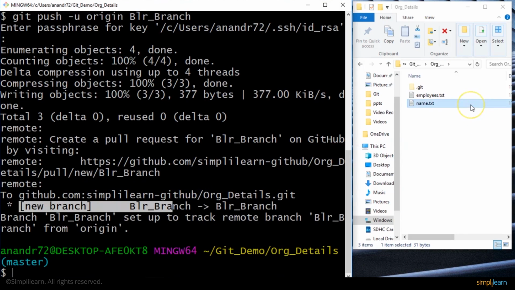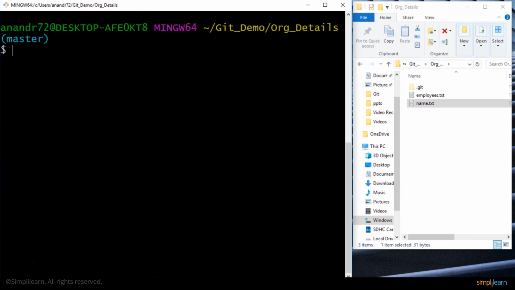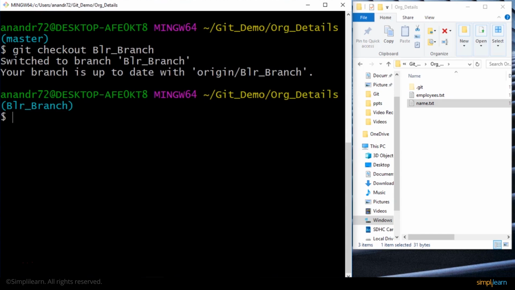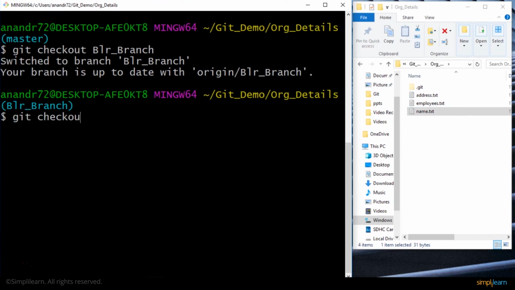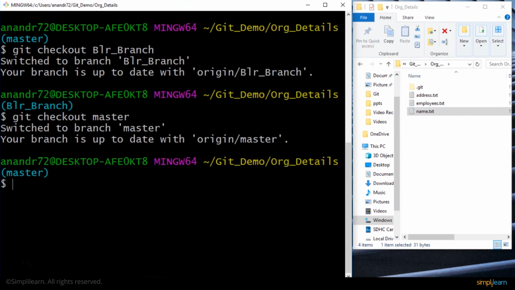Now let me try to get the changes from the branch that I created back into the master branch. That is what I would mean by merging. I would want the changes that are there as a part of the Bangalore branch to come back into my master branch. So if I do git checkout Bangalore branch, I see this address.txt. This is there only as a part of Bangalore branch. Now assuming that I'm done with the changes from the Bangalore branch, I want to get those changes back into my master. So let me come back to my master branch, and the way to merge in the changes is